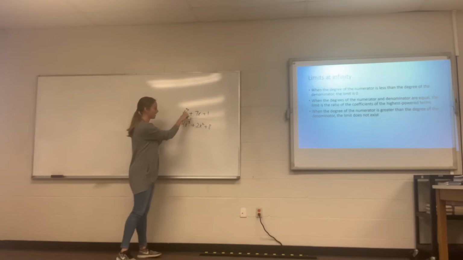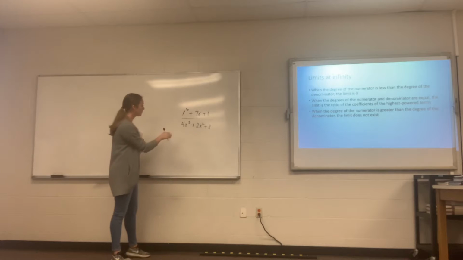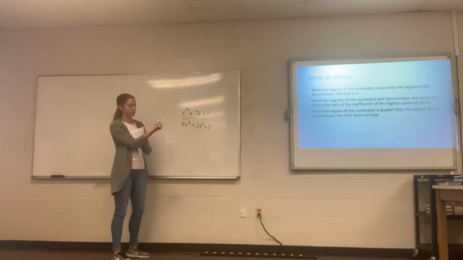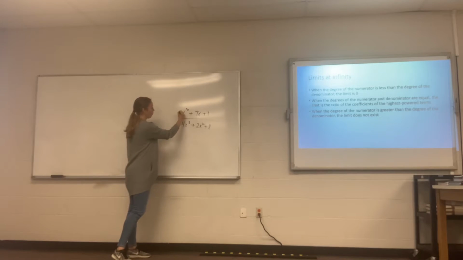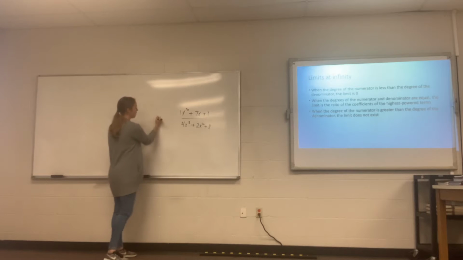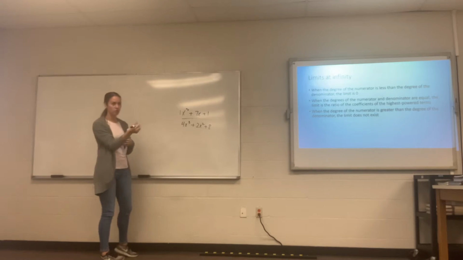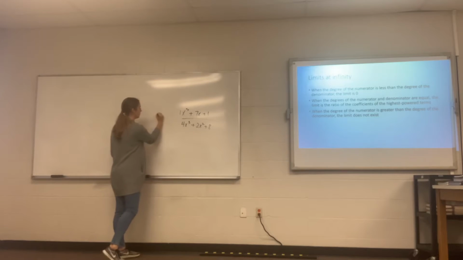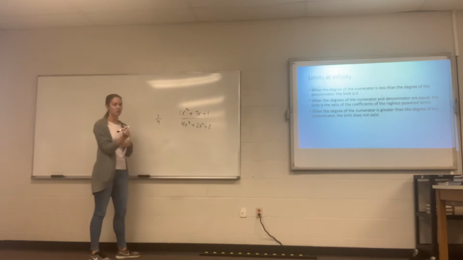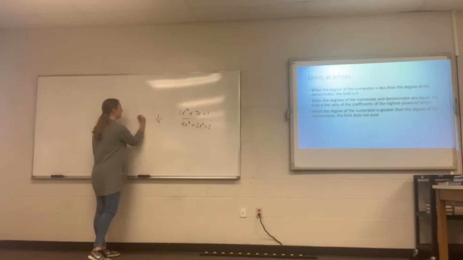When they're the same, like in this example, when they're both cubes, we just compare our leading coefficients. I know that I have 1x cubed over 4x cubed. So my leading coefficients give just 1/4. So my limit as x approaches positive or negative infinity of this f of x